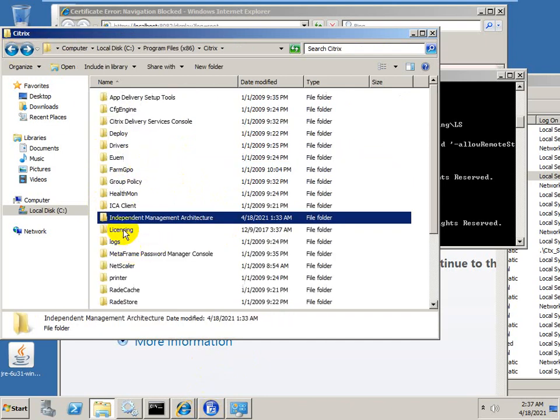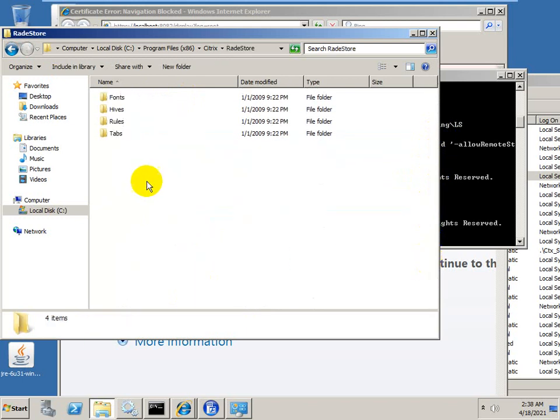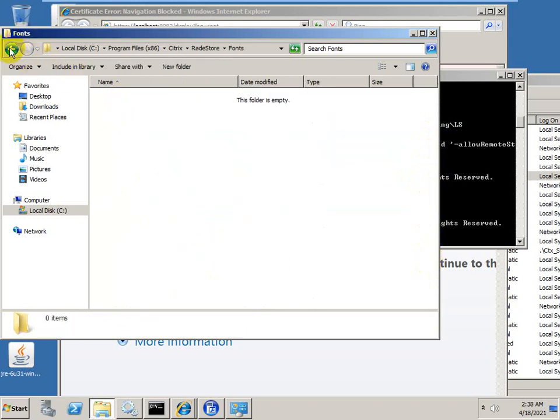Apart from that, you can see from here, this is a RAID store. All files are for RAID offline.